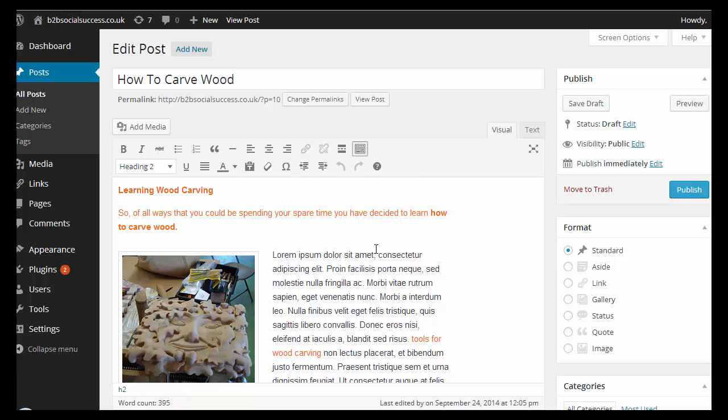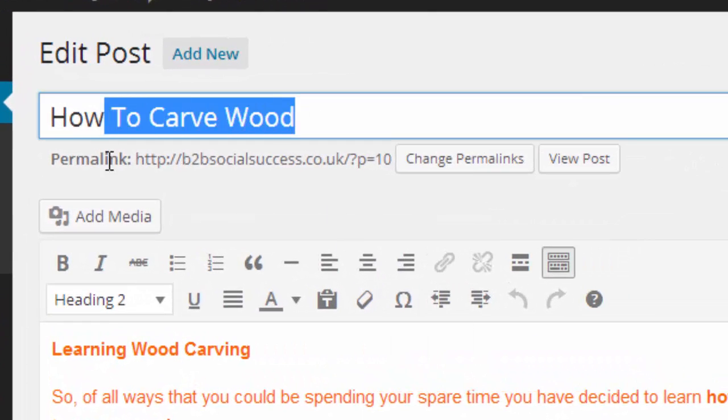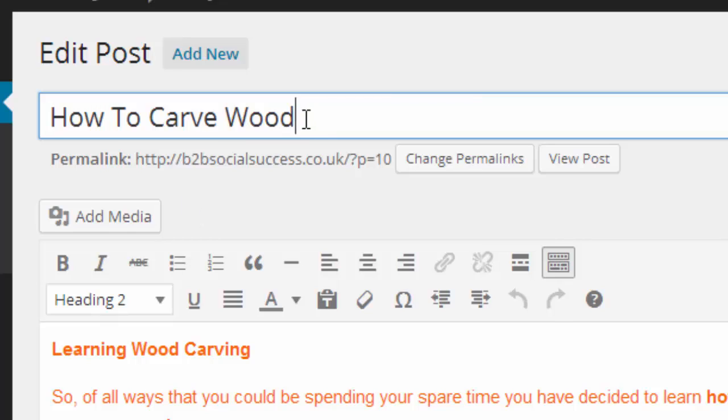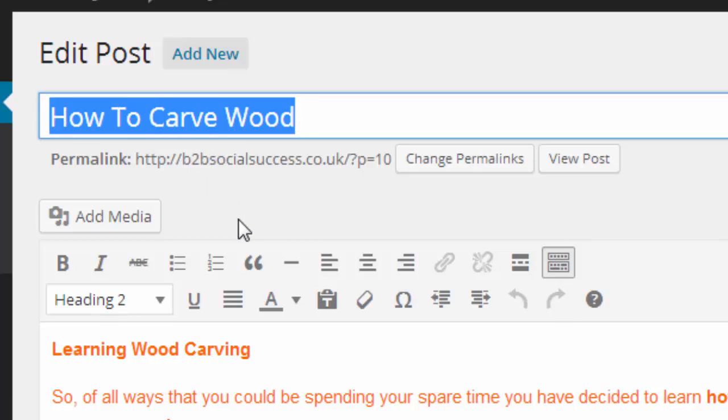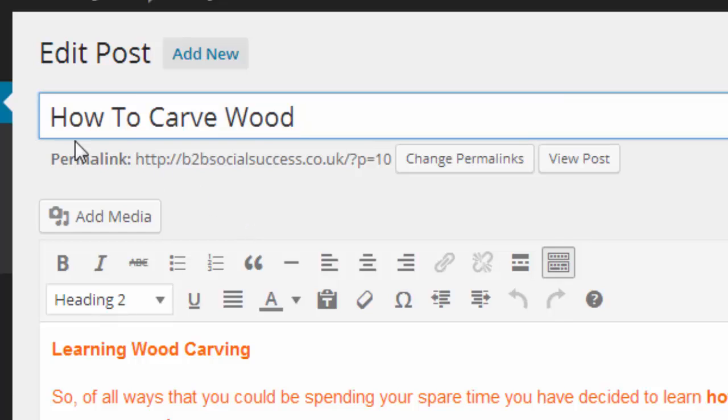So to begin with, each blog post should be built around a keyword. So this is something that you believe somebody will be searching for in Google to find what you've just written about. Now there are ways of finding keywords, and I'll go through that in a later video, but the point is you should build each blog post around a keyword. So you put the keyword into the title of your post, as I've done there. It doesn't have to be as naked as that. You could put something like